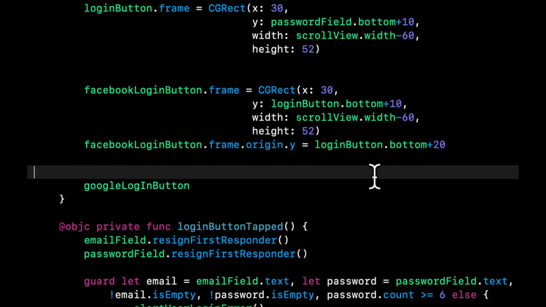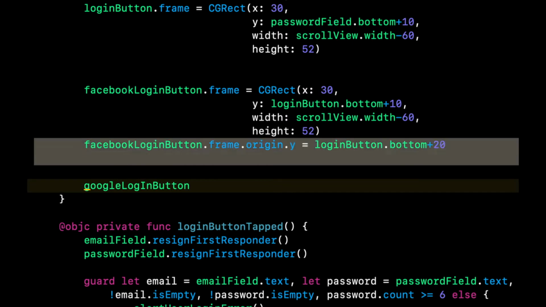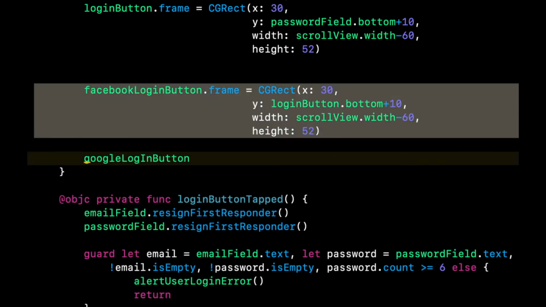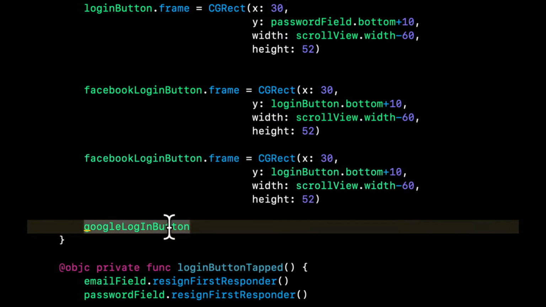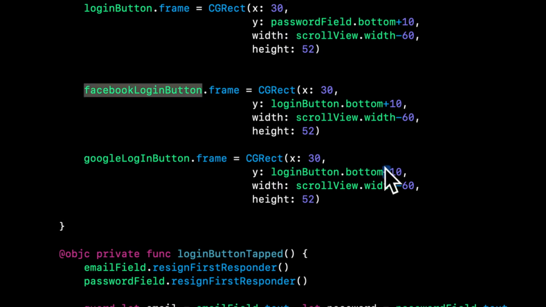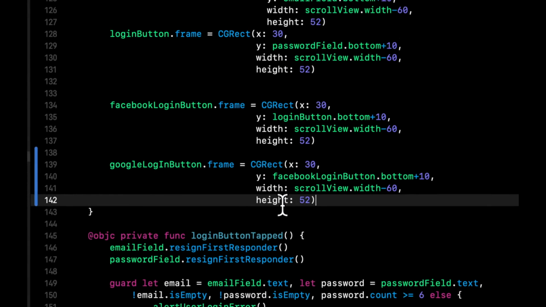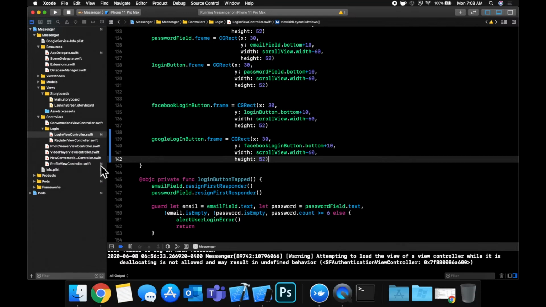So the origin Y for this Facebook button, I don't think we need this anymore. I think we have our Y computed properly here. So go ahead and copy that. Update this to be the Google sign-in button. And we want this to be below the Facebook sign-in button rather than the login button. So put that there. And before we run it, because I'm going to forget to do it, head on over